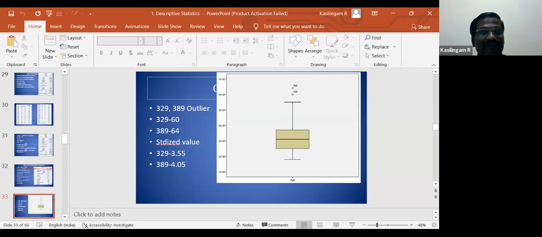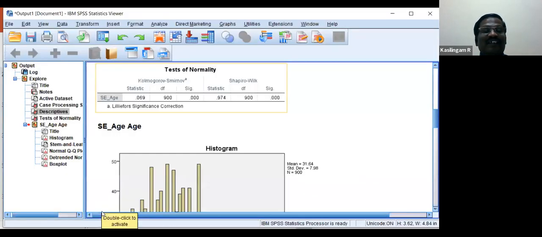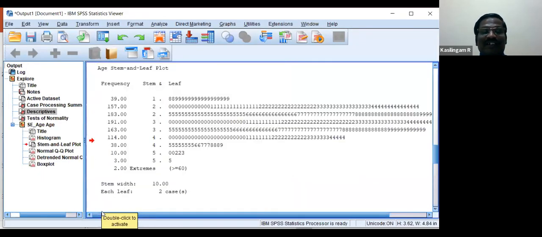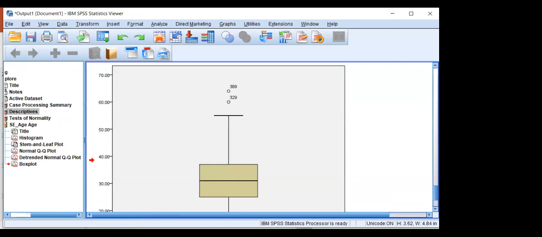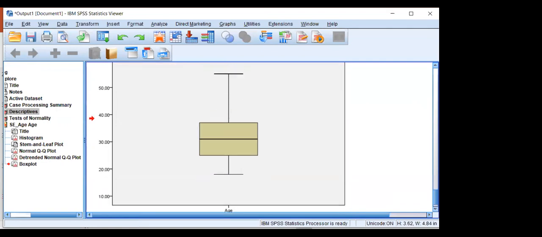Yes, sir. இப்ப நீங்க தான் சொல்ல போறீங்க பாக்ஸ் பிளாட். சரி, பாக்ஸ் பிளாட் தெரியுதா மேடம்? கேன் யூ see பாக்ஸ் பிளாட்? Yes, sir. Yes, sir. ஒன்னொன்னு you have to tell what is